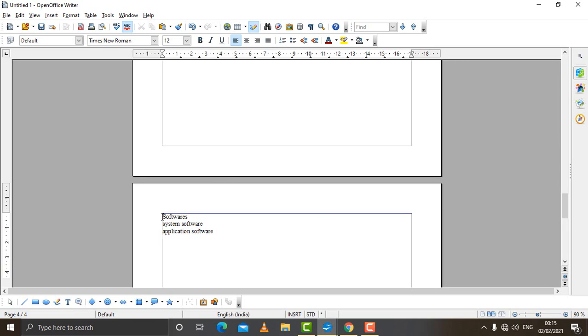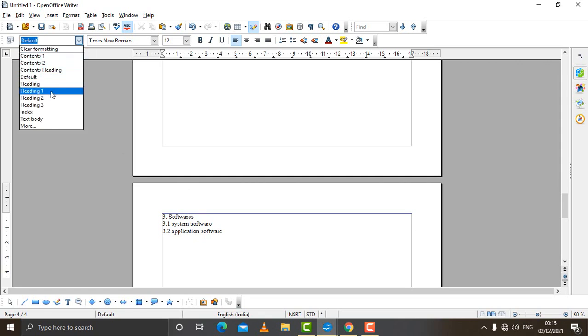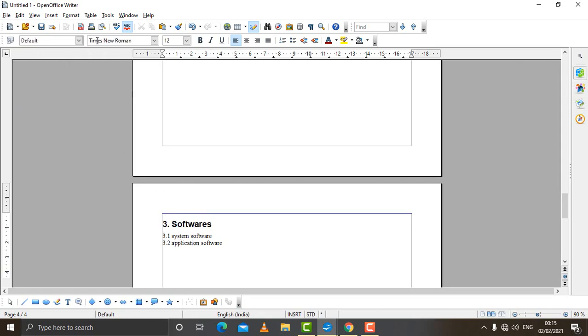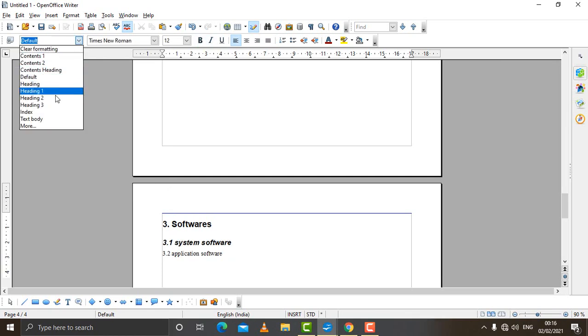Just an example, give numbers also. It is 3 now. It will be heading number 3.1 and this will be heading 3.2. The same thing you have to repeat. Click on this, come to this, click on heading 1, second click on heading 2, third click on heading 2.